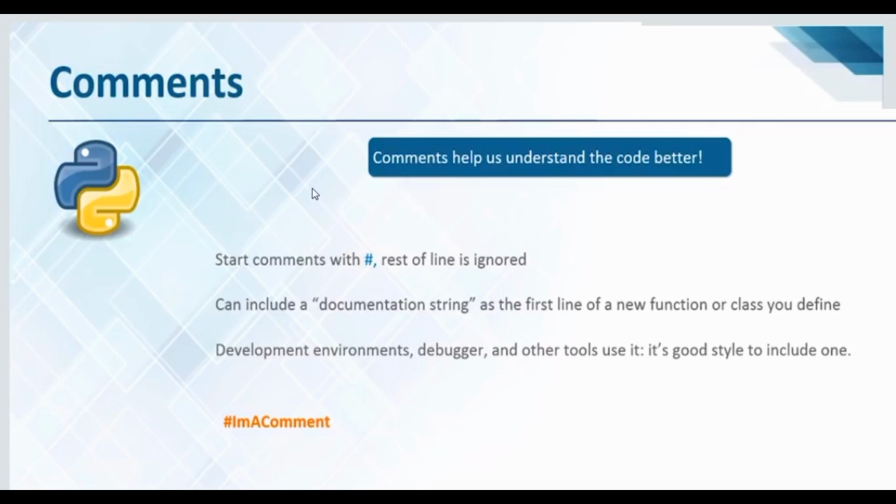So here a comment always starts with the help of a hash. Or you can start the comment with a triple quote also. Okay, so there are two types of comment, single line comment and multi-line comment. A single line comment always contains a hash, and a multi-line comment may contain multiple lines, which can start with the help of a triple quote. So let's see how to do that.